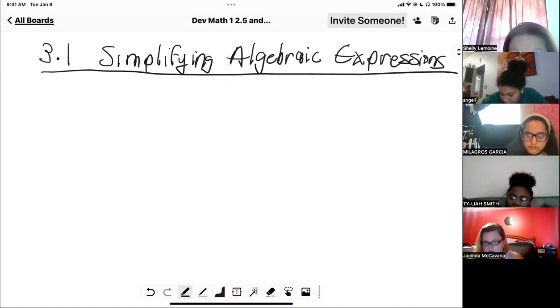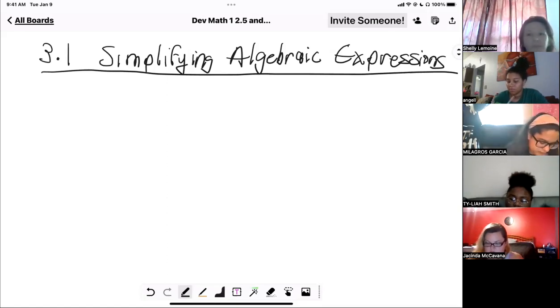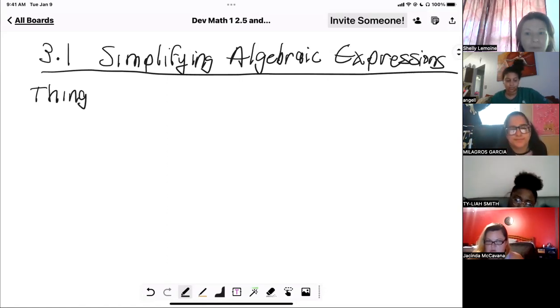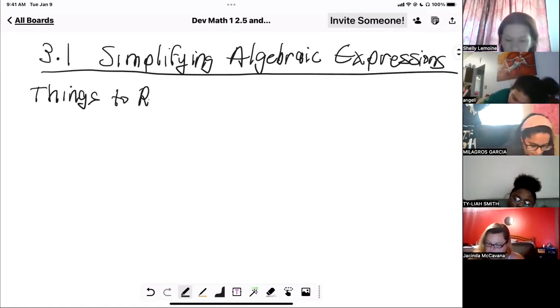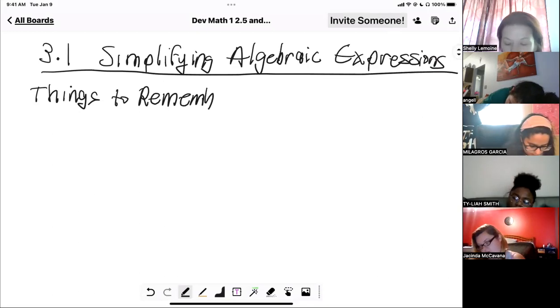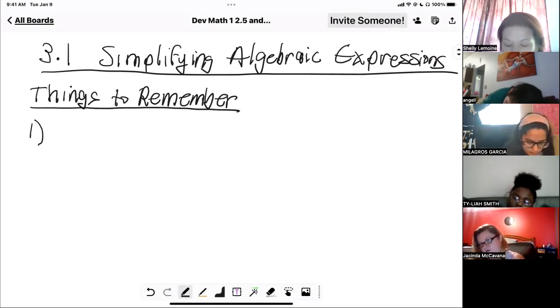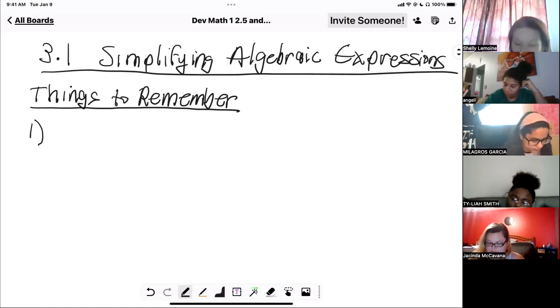And before we do anything, I have a whole bunch of little things to tell you about algebra, just to remind you, or even just show you from the beginning. So little tiny things to remember, things to think about. We got to talk about a little vocabulary before we actually do anything. Okay, so